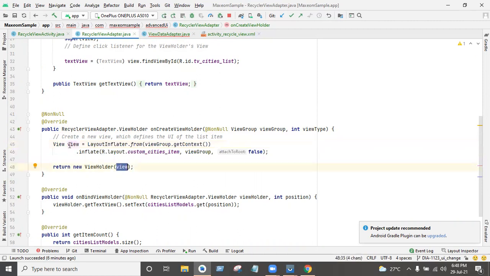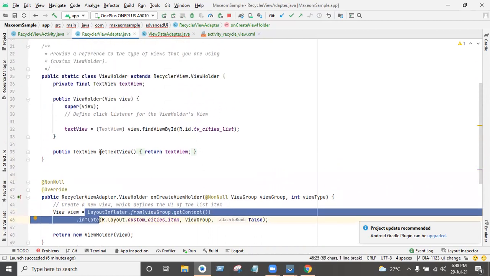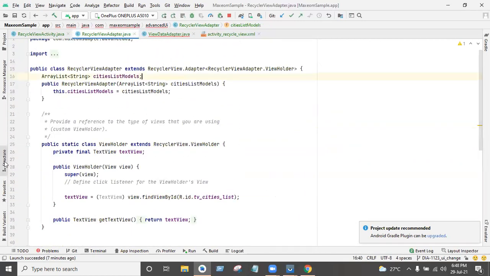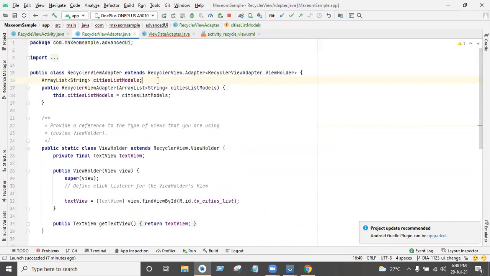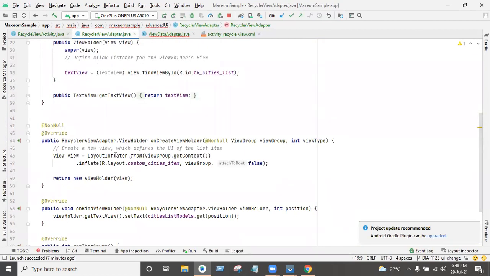View equals layout inflater. I already told you the layout inflater is used to inflate the view, and this is the way we need to inflate in the adapter. Generally, you can take a LayoutInflater directly here and write the inflate method, then take that reference and inflate directly.